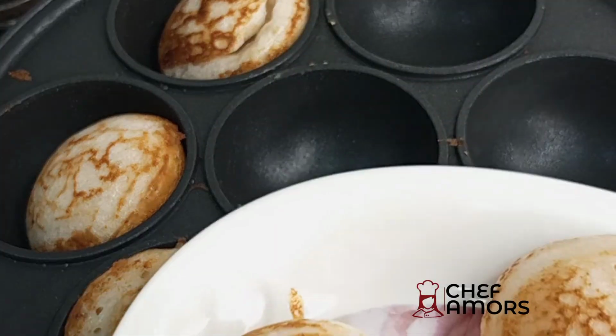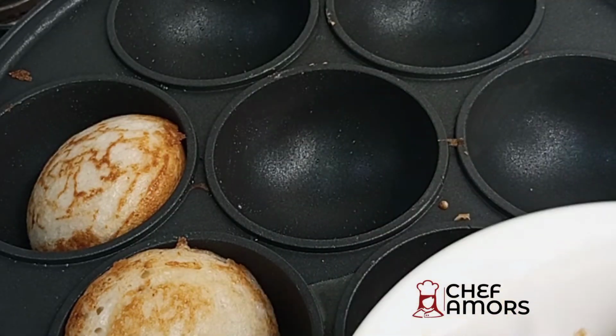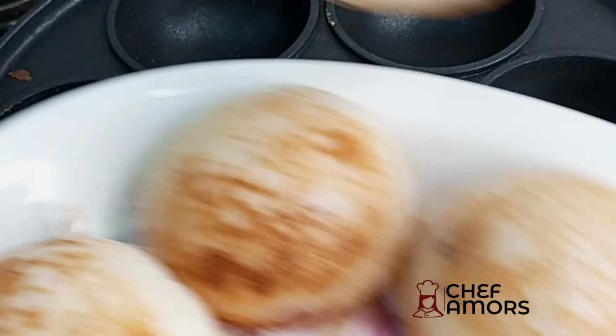By the way, there are a lot of people that have tried this masa recipe on my Instagram and have been receiving positive, good results, okay? So give this a try and let me know how it turns out,